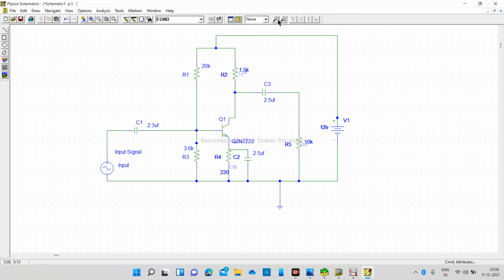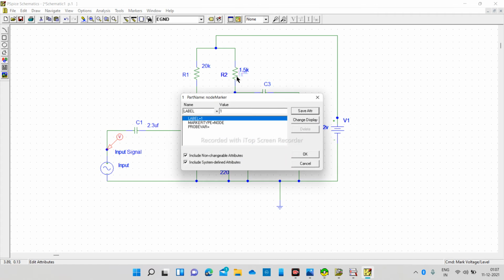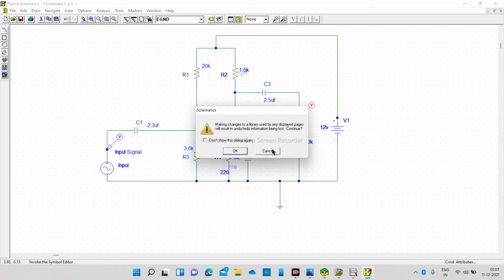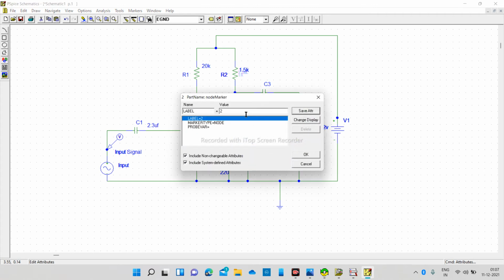To put the markers, you just simply click here, voltage level marker. Here we will find the voltage, and here we will find the voltage. Just click on this marker, click edit attributes and change the value. Keep it input. And this one output, meaning what will be the voltage of our output.